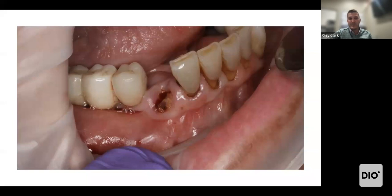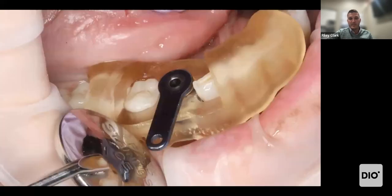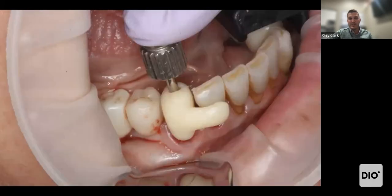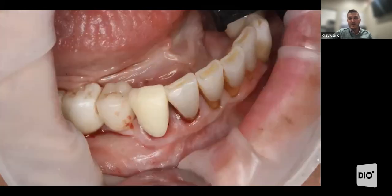Same thing on a number 27, a little messy here. Took number 27 out, put the guide on, drill with the tube initially, right? And then the implant goes in. There's a seating jig, abutment down, crown goes on. I mean, again, proximal contacts fit, margins fit, and the implant wasn't even placed yet. I mean, don't we sometimes take a final impression and we don't even have a good fit to the proximal